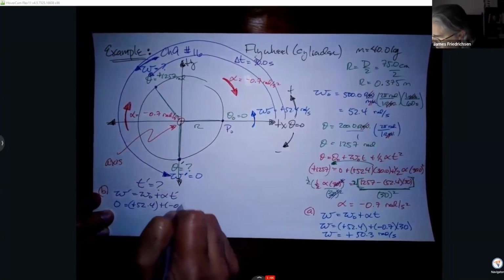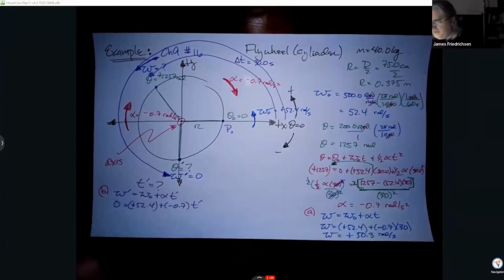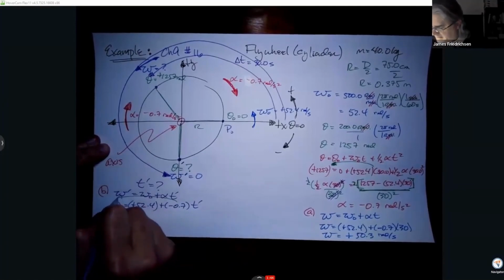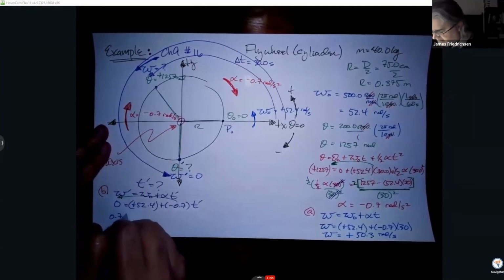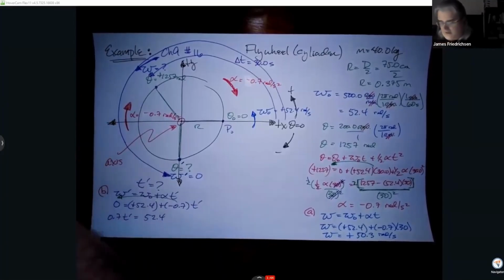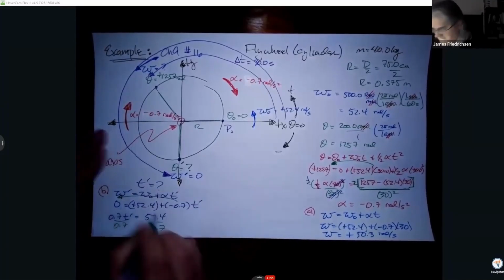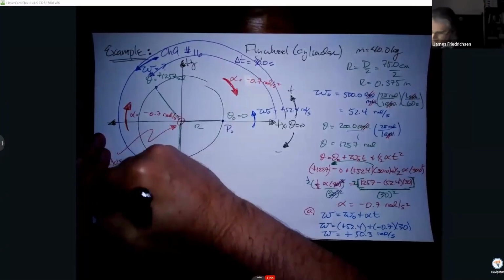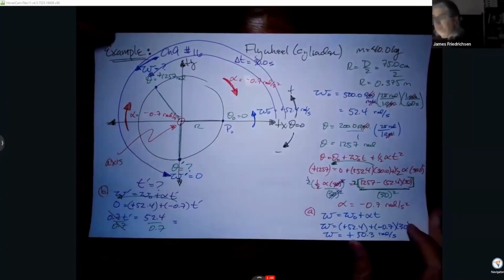Alpha is negative 0.7. I'm solving for this time. So when I move this term to the other side, it'll become positive. So 0.7 times our time is this 52.4. Divide both sides by the 0.7. So then the t prime turns out to be